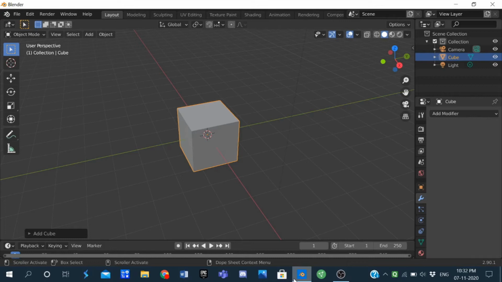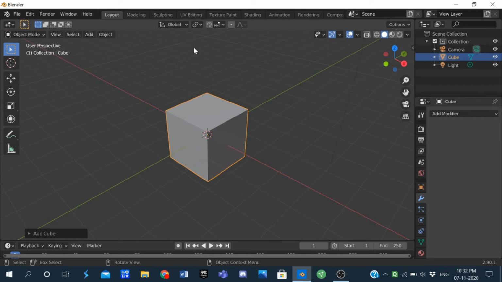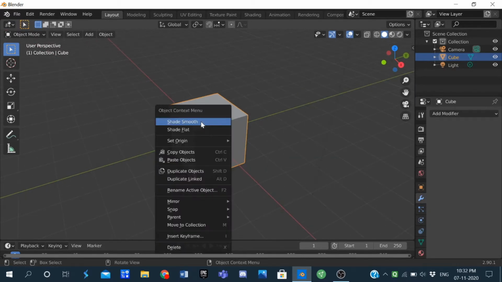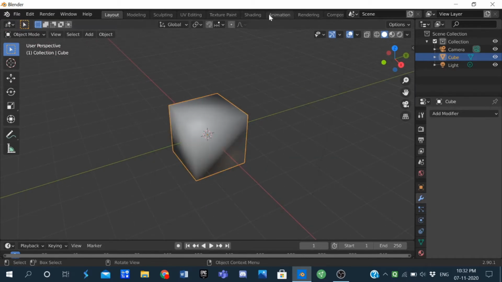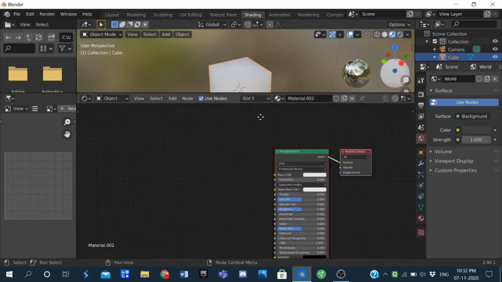So in this video, I'm going to be showing you how you can add 2 or more colors on an object in Blender and create a gradient type texture. So you can do it on any object, but I'm going to show you on the default cube itself. I'm going to select the cube, shade smooth it. Let's head into the shading tab, a new material,